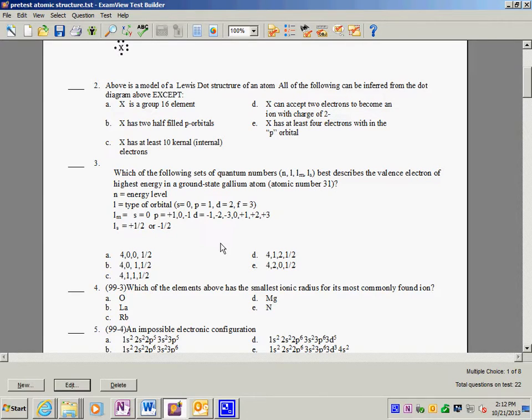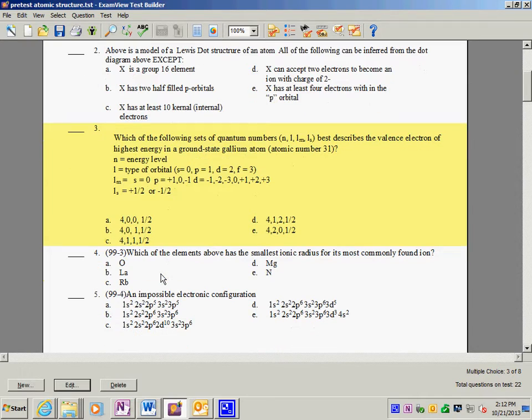Gallium would be 4p1, 4th energy level. 1 stands for a p orbital, 1 suborbital. A p has a +1, 0, -1. There's the names of the suborbitals, and the half could be either spin up or spin down, plus or minus, does not matter. So C, all the rest of them would not be included. All have 4th energy level. These are s's, so it would not be for gallium. This is a d, not for gallium. So these 2 are the only ones that have